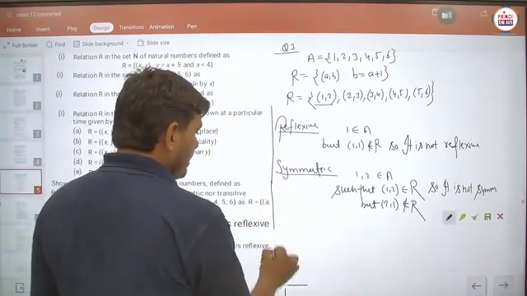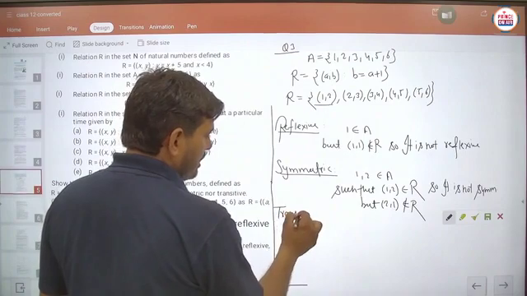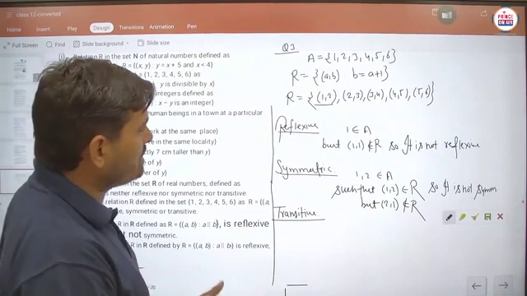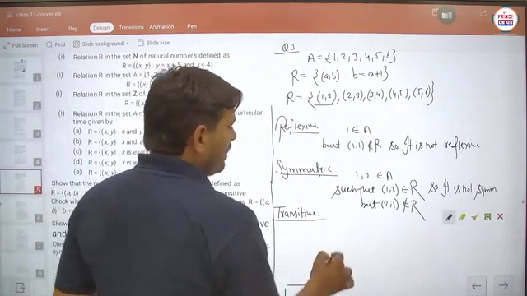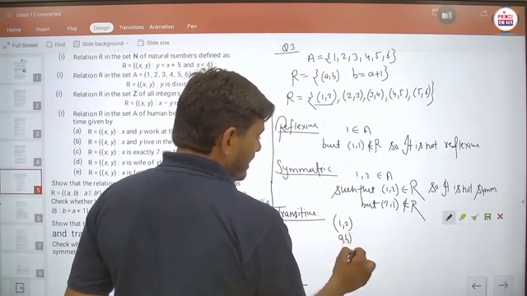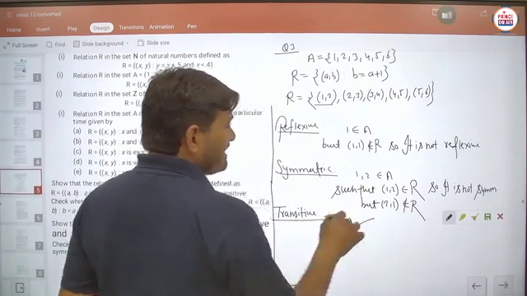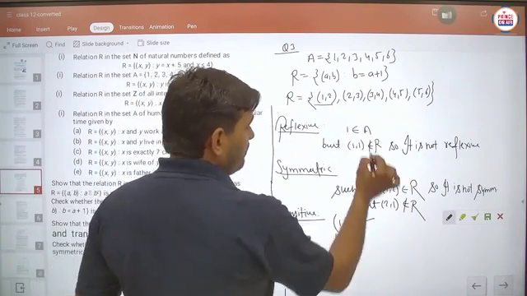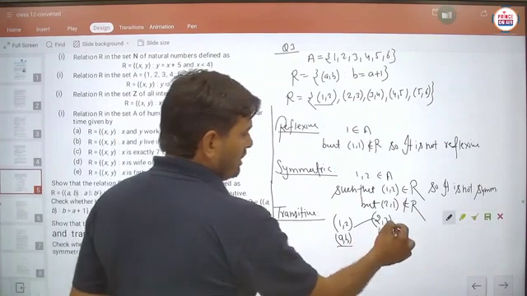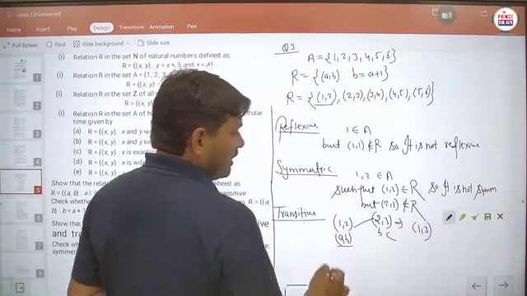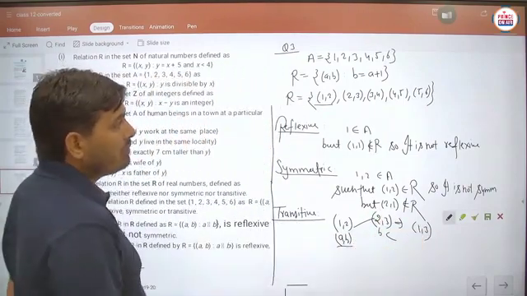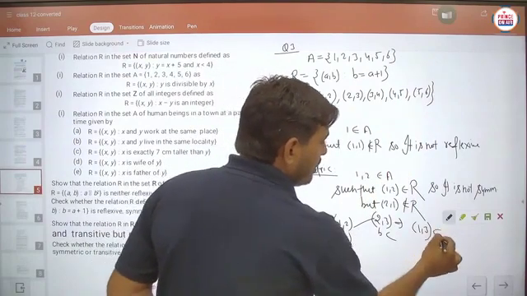The next part is for the transitive case. Basically student, for each and every ordered pair, we have to check the transitive nature. Suppose we take 1 comma 2 as AB, then the BC ordered pair means 2 comma something, so 2 comma 3 will be taken as BC. Now we check for AC, which is 1 comma 3. A comma B is there, B comma C is there, but A comma C, means 1 comma 3, does not belong to R.